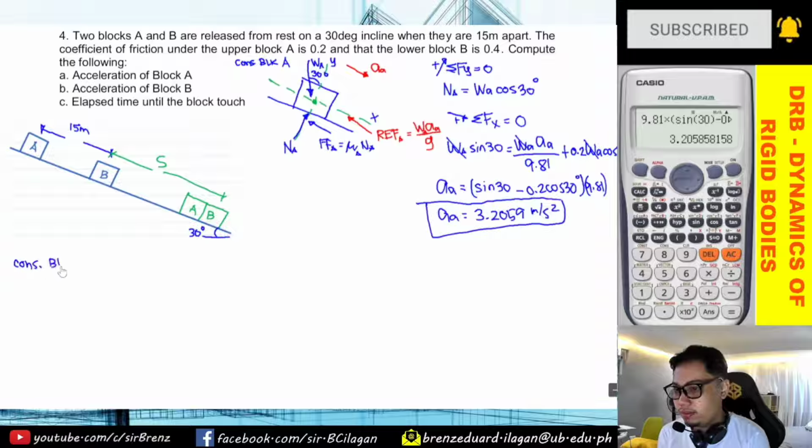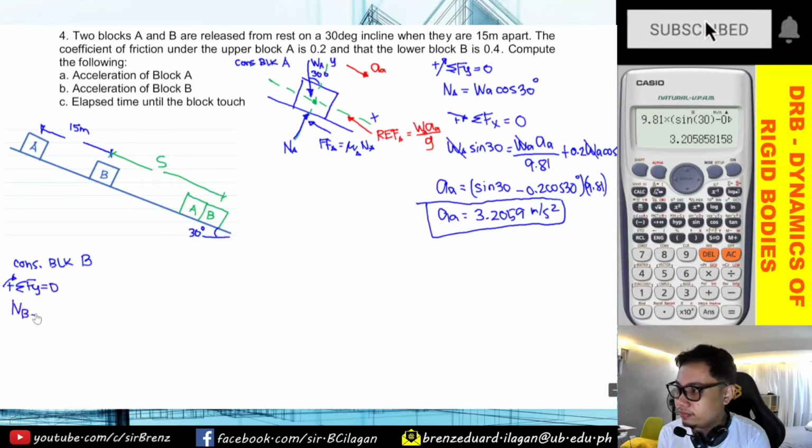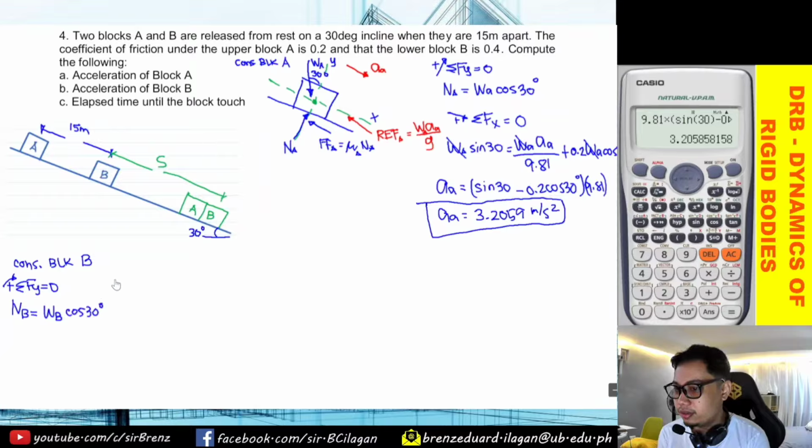So consider block B. Take the summation of forces in y equals 0. So this is NB, WB cosine 30. And when you take the summation of forces in x,